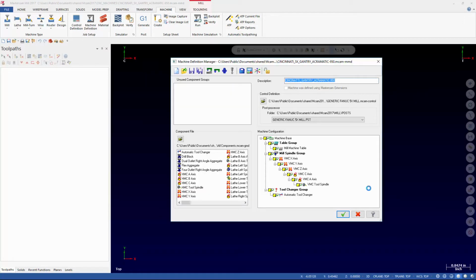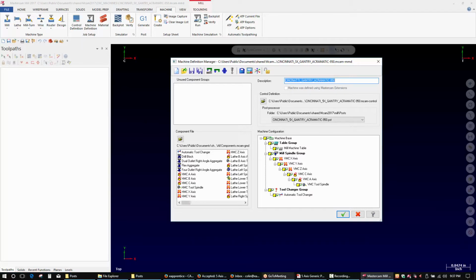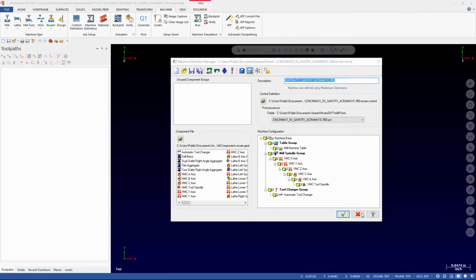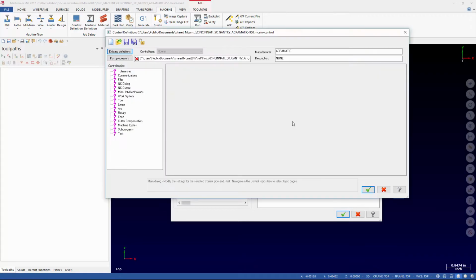So I'll select OK. You'll notice this is Cincinnati Gantry Acramatic 950. Got a couple more things to configure there, so let's do that real quick. Back in the control definition,